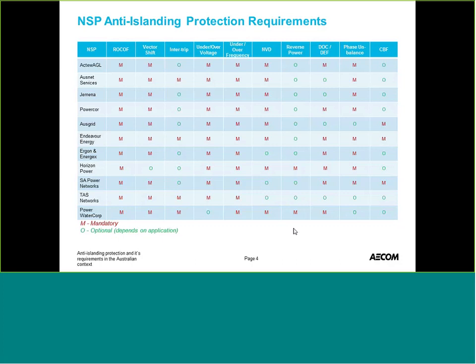But I think the key thing is when you're working on a project that you identify early what the requirements might be, and you specify your equipment to have this capability. It's a lot easier to have all the elements in that multifunction relay and turn them off or on as required, as opposed to having to purchase additional equipment later on. So upfront, identifying that there is a risk with the embedded generator is probably the key point, and making sure you're fully across the NSP requirements.